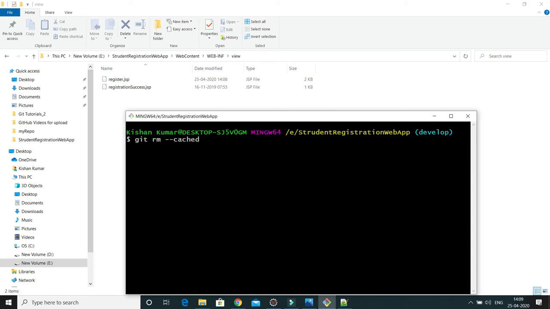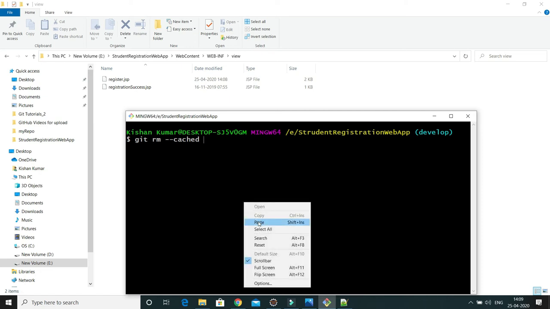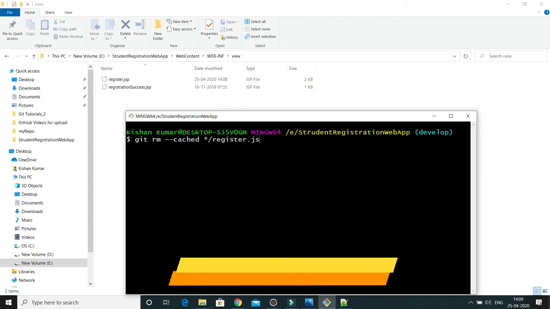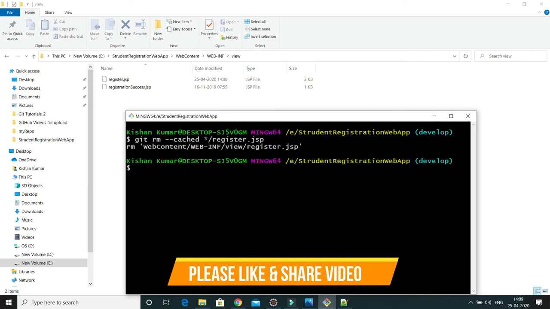You have to use cached, and of course your file name. I'm not sure whether the wildcard will work or not, so I would say register.jsp. Okay, that worked. The rm remove process has happened.